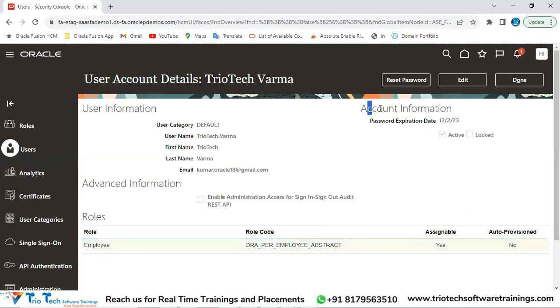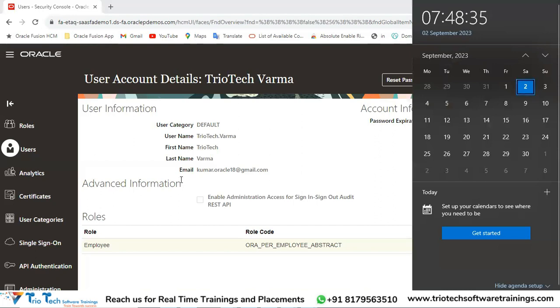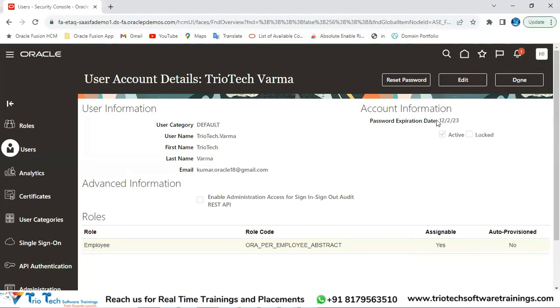And here you observe, team, account information: password expiration date triggered with December 2nd, 2023. Today is September 2nd. Today I created the account. Who told exactly 90 days from today the password should expire? Today is September, October, November, December. Who told the system exactly 90 days from today the password should expire for this employee account or user